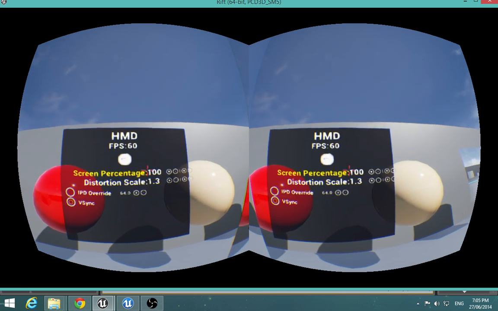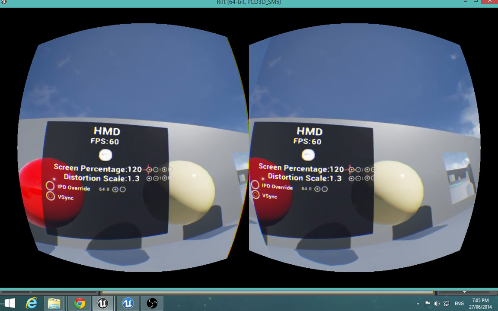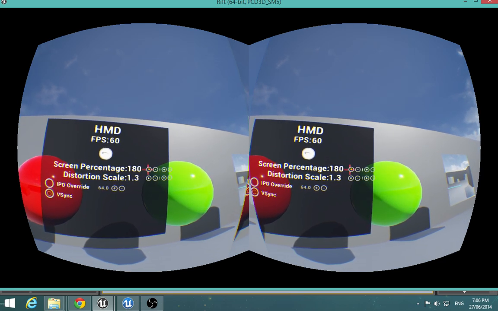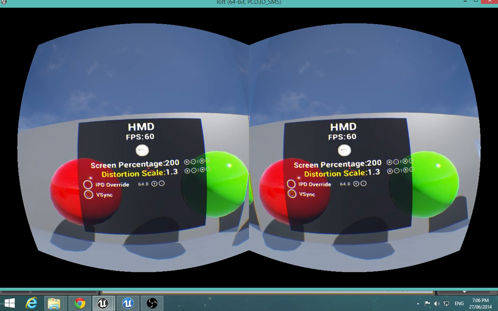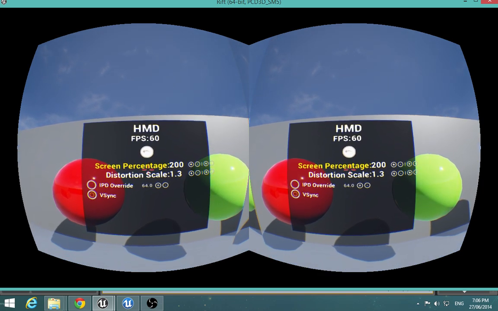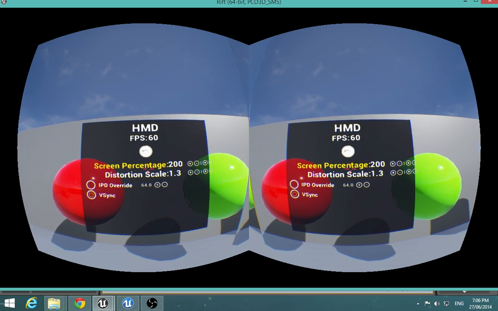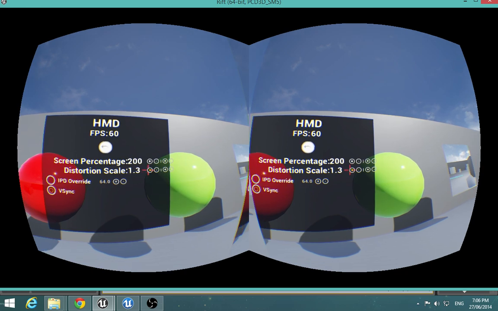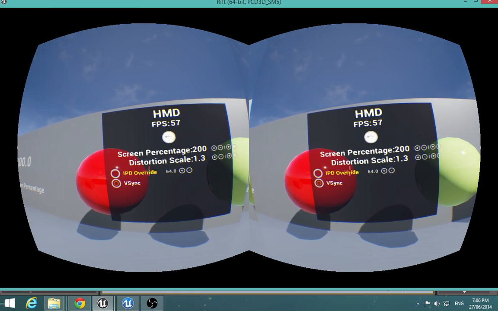And these are HMD settings. This is where you get your screen percentage, which defaults to around 130. Make that higher. Frames per second is always at the top because it's important when you're changing settings, to see how it affects your FPS. Again, distortion, I've been over these a couple of times, but another thing is IPD